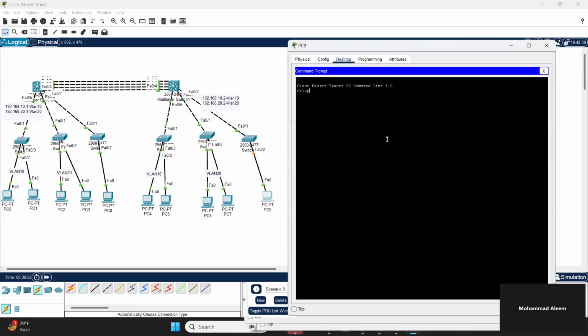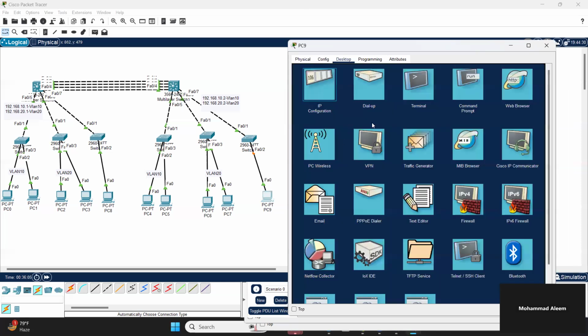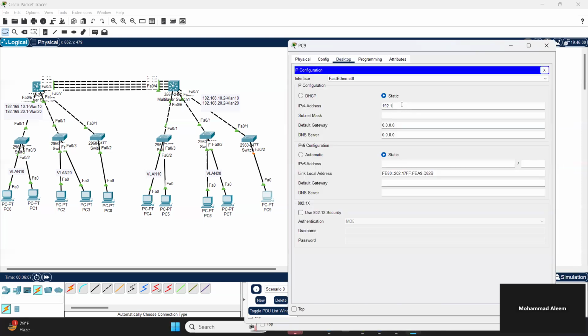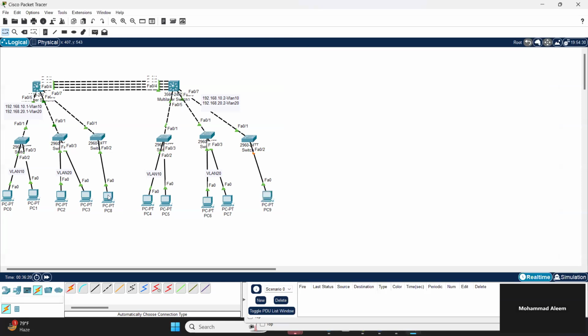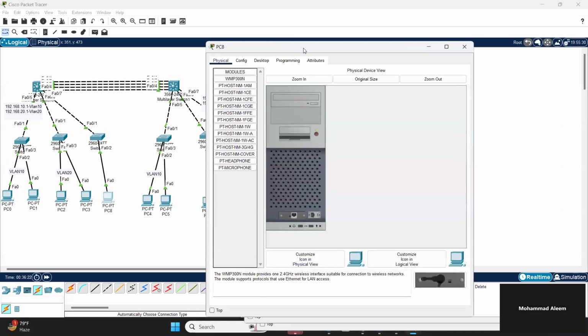We'll check if it will ping or not, overlapping the IP address or not. So 30.20 will be on this PC and 30.10 here. So 192.168.30.1, and for this PC I'll give the IP address